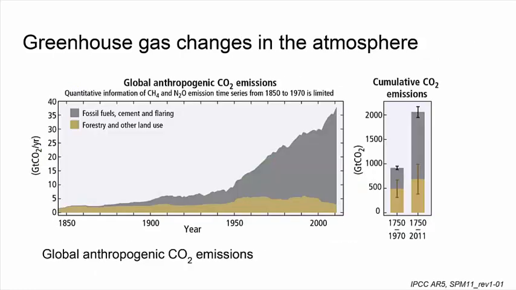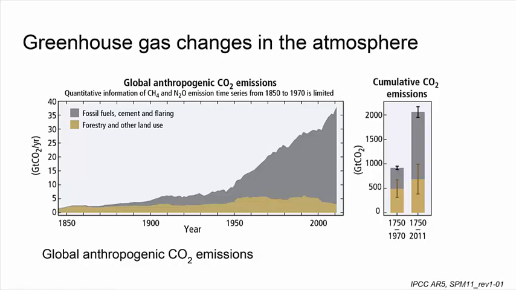If we focus on CO2, this is showing gigatons of CO2 per year, so the emissions of CO2, over the same time period I had before. And you can see it's showing the changes due to forestry, so that's deforestation. If you burn trees or cut down trees, you'll increase the amount of CO2 in the atmosphere. But since the 1900s, a large fraction of this is from fossil fuel combustion, cement use, which also releases CO2, and flaring or fracking from natural gas.